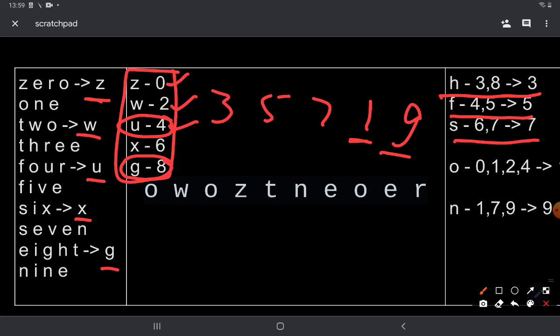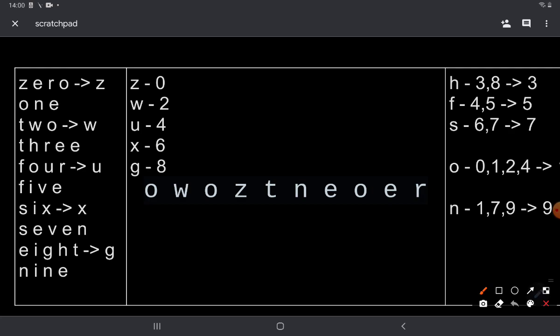So let's see how we can apply these steps to an input string. Okay, so let's take this input string. First of all, let's see if it has any Z or not. Yes, it does have a Z, so that means it has a 0, and we remove the characters which are present in the spelling of 0. So Z, E, R, O. Let's remove these. Now it has a W. W represents 2 uniquely. So we have 2 over here.